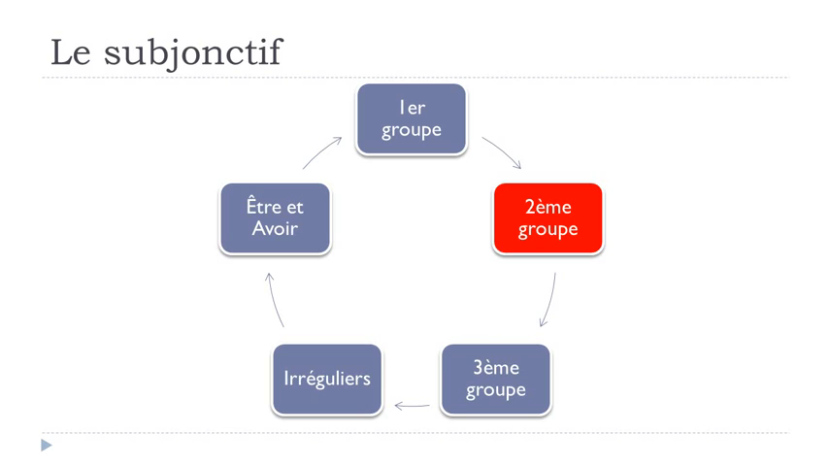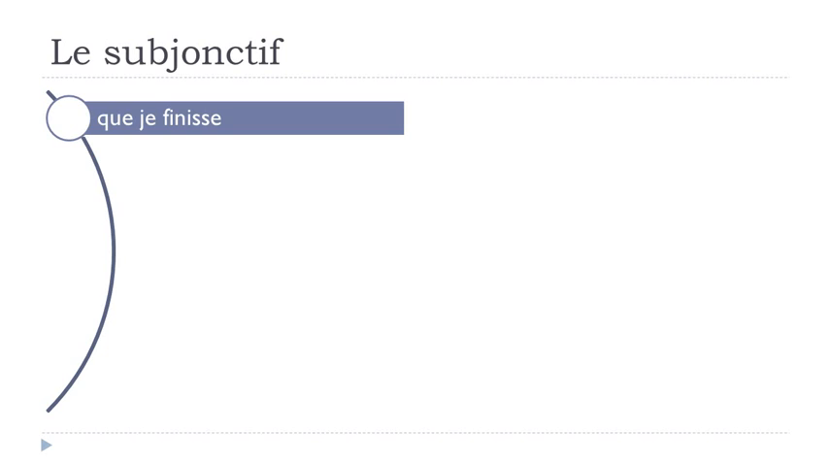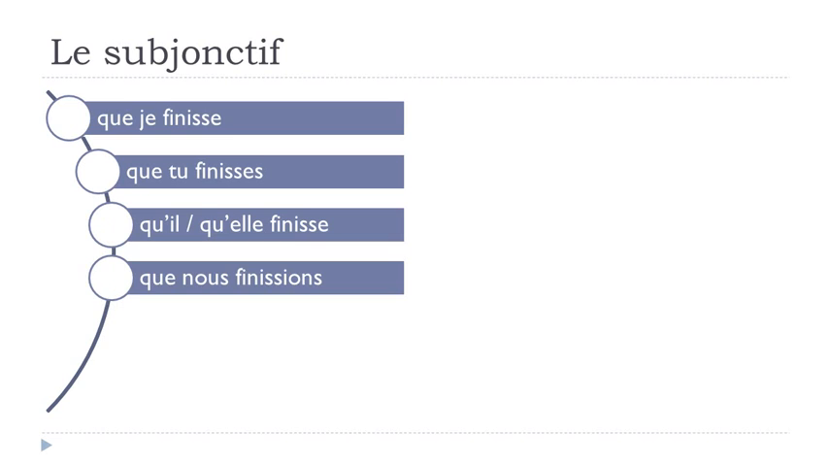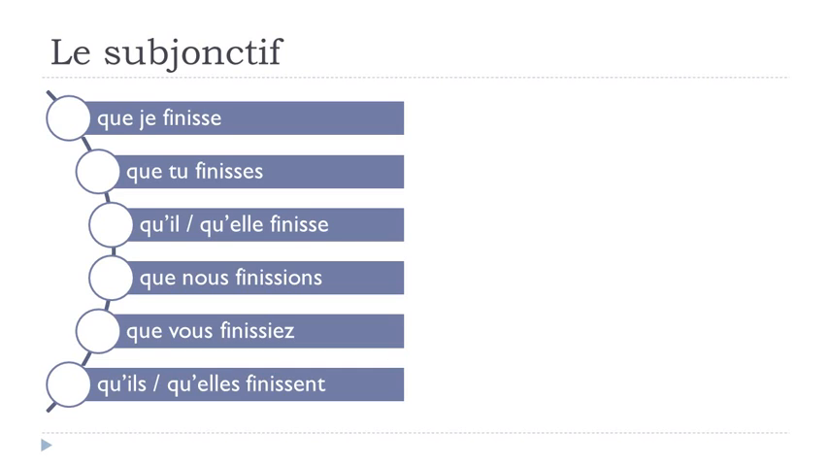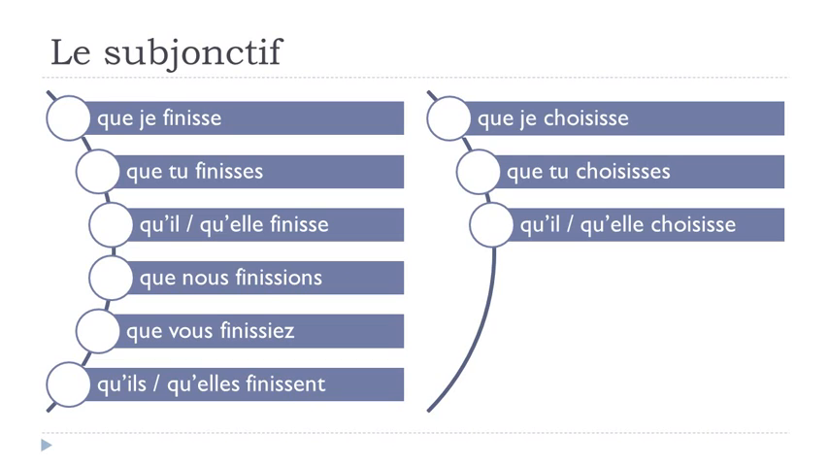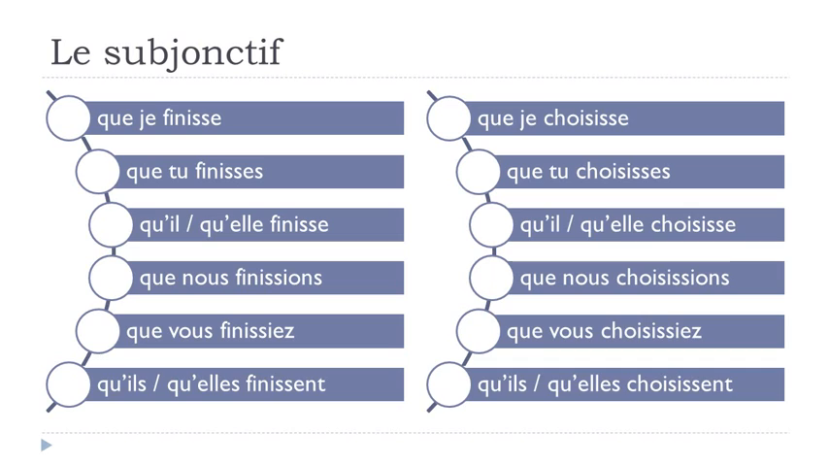So now let's see how it goes for the second group. All right? So second group, I took the classic example, finir, to finish or to end. Que je finisse, que tu finisses, qu'il finisse, qu'elle finisse, que nous finissions, que vous finissiez, qu'ils finissent, qu'elles finissent. Okay? So you can see that, well, you've got the endings e, es, e, ions, sorry, iez, ent. All right? And then, que je choisisse, que tu choisisses, qu'il choisisse, qu'elle choisisse, que nous choisissions, que vous choisissiez, qu'ils choisissent,